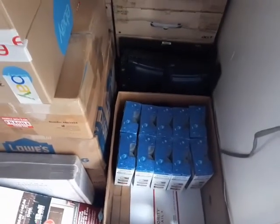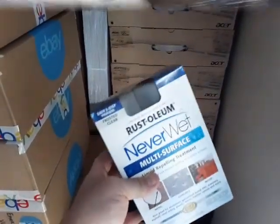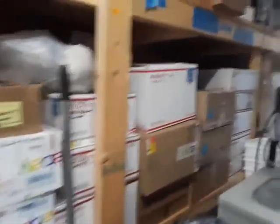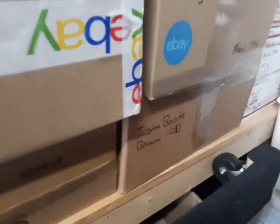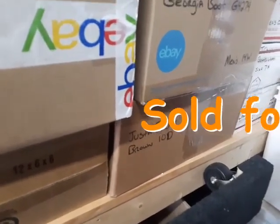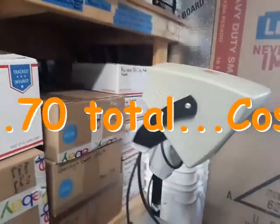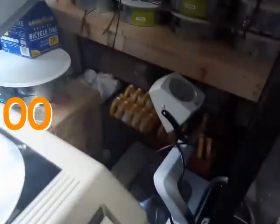And I got 2 banana boxes. And I only found them at one store. So those Justin boots. I believe that's the only pair of Justins I got. What in the world did I do with the...